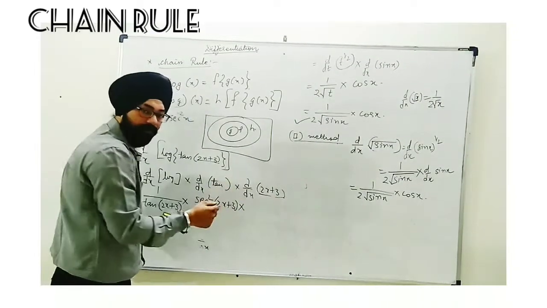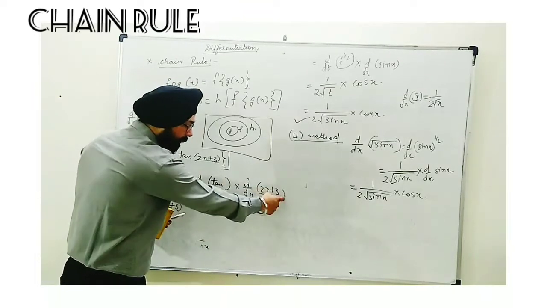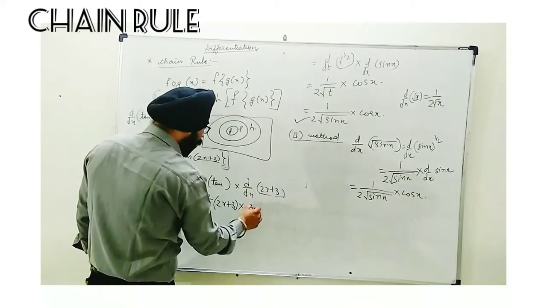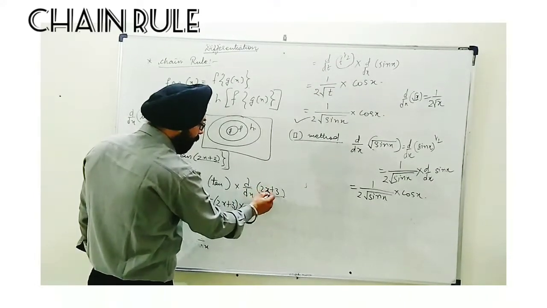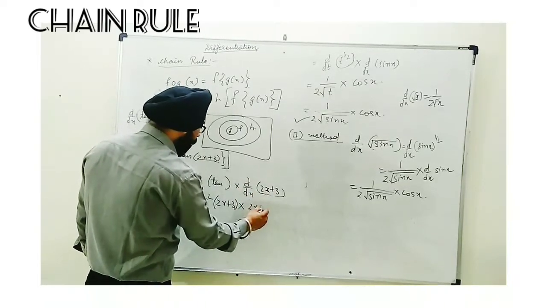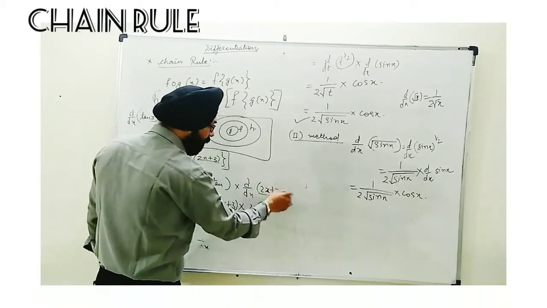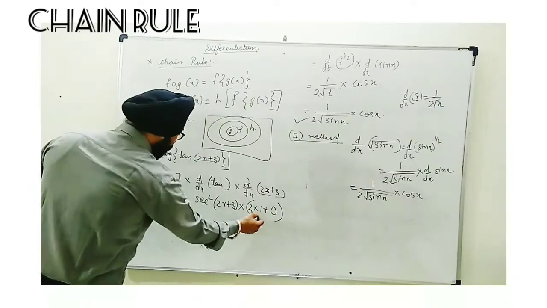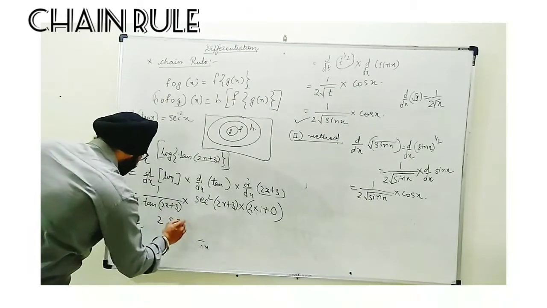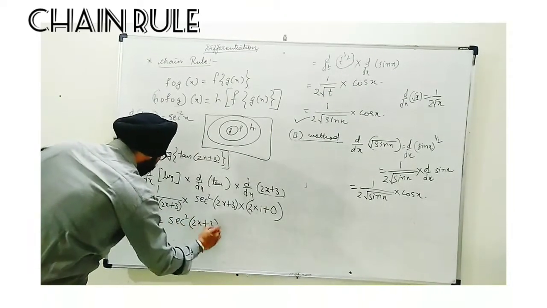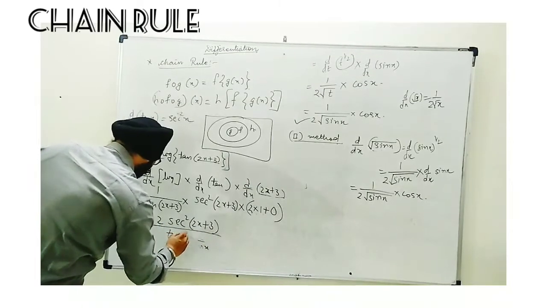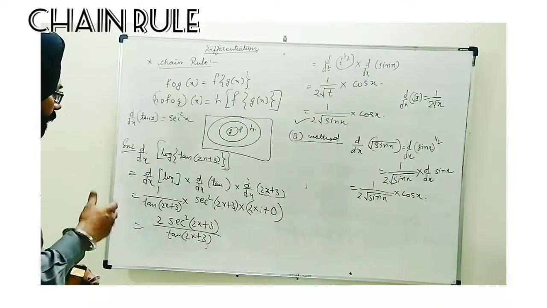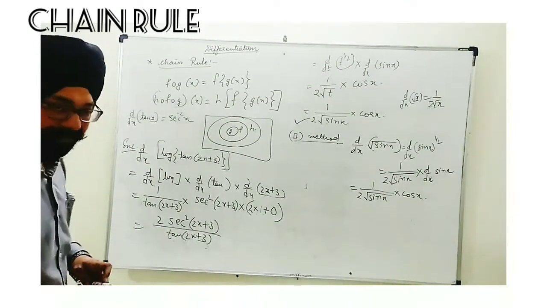Now this is the basic thing. We have to do d by dx going inside the bracket, which can be separated. We will solve it one by one. 2 is a constant in multiplication with function x. So x when differentiated we get 1, plus 3 as a constant, a single constant with no variable, it becomes 0. So finally we get 2 into 1 plus 0, it is 2. Twice of sec square 2x plus 3 upon tan 2x plus 3. This way we have differentiated without taking this in composition form. More examples we will consider.